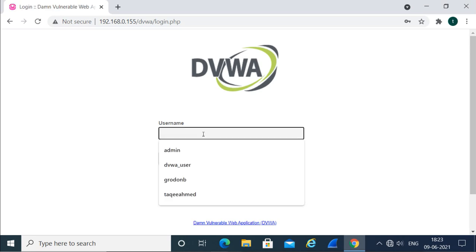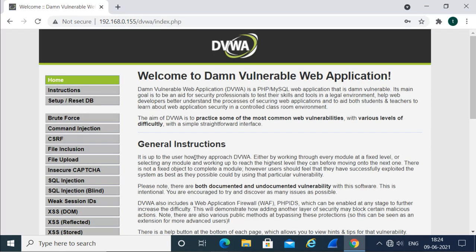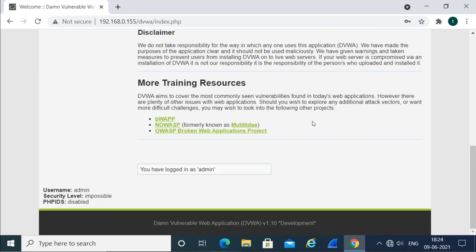Okay, I will log in as admin then. Now here it is called DVWA, the Damn Vulnerable Web Application, and in this application we have almost all the vulnerabilities.